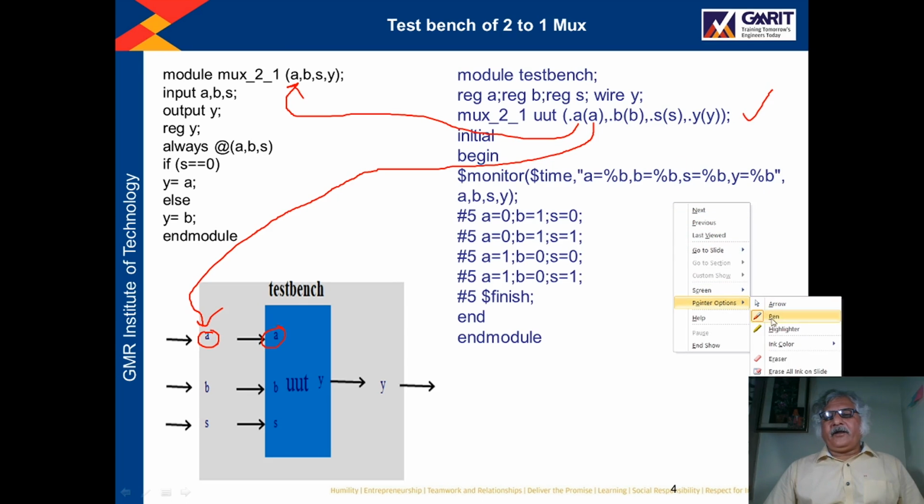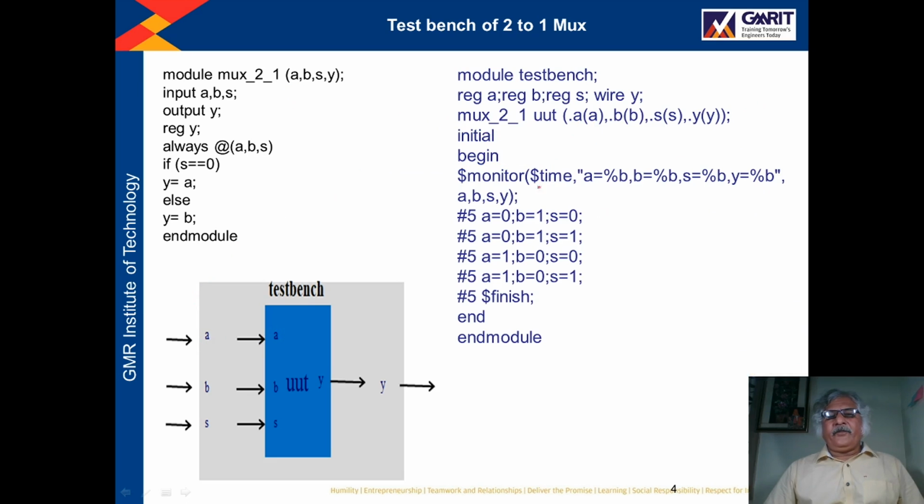After this we have written the keyword initial, and inside the initial, begin and end. In the previous test bench we already discussed the meaning of this $monitor statement. And here we see the first statement is #5, A is equal to 0, B is equal to 1, S is equal to 0.